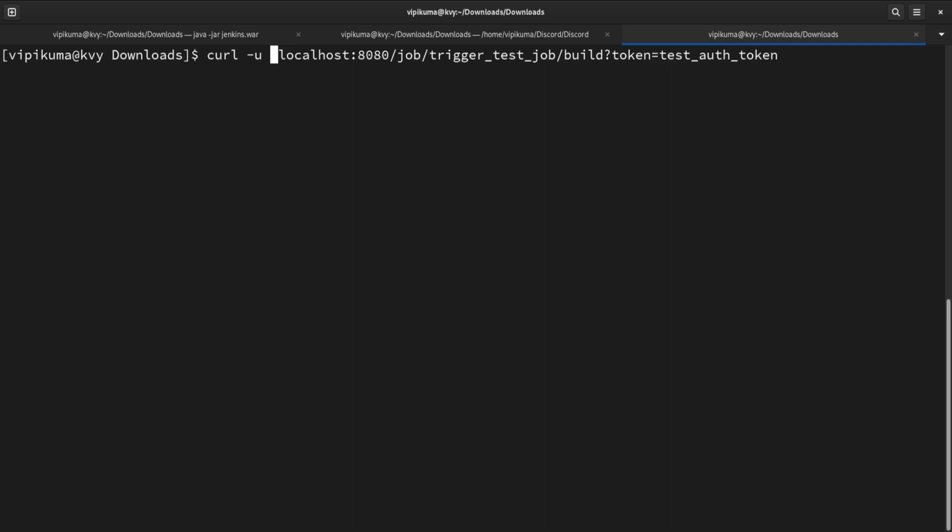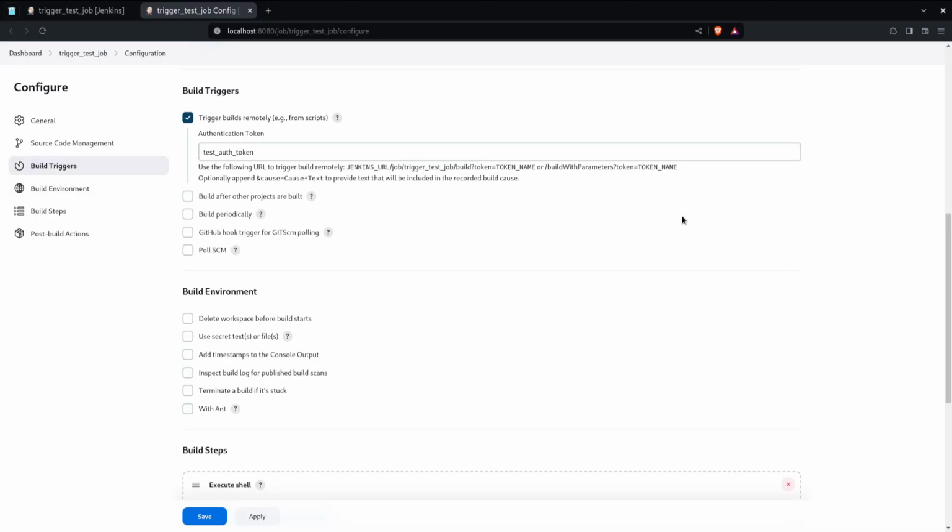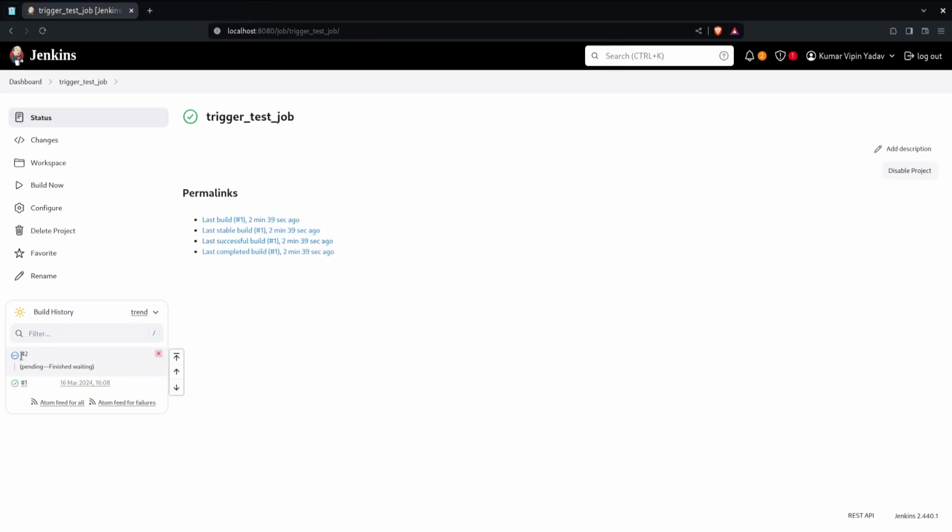So -u specifies that we will be giving some username and password, or it can be an authorization token as well. So let's give it our Jenkins username and password, and as I hit enter, there is no response in the terminal, you will see. But if you go back to Jenkins, and let me close it, here you see that it has started